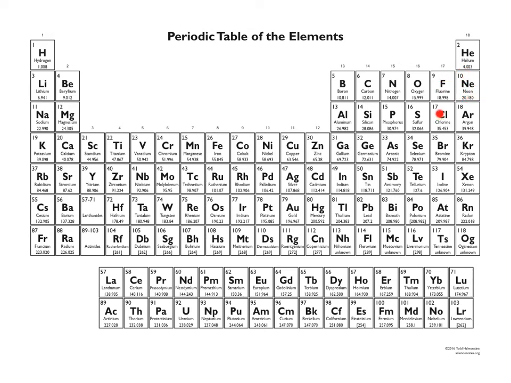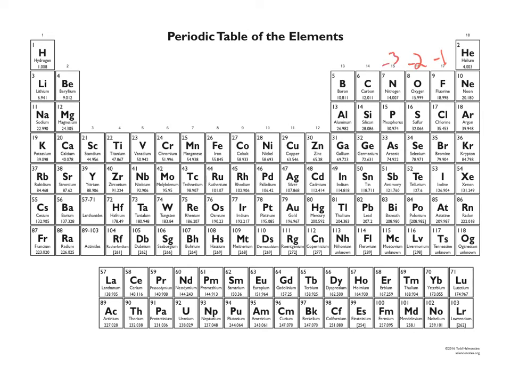Chlorine can do the same thing. If it gains 1 electron, it'll have the same number of electrons as argon. Bromine can gain 1 electron and look like krypton. So the halogens tend to like to form ions with -1 charges. And if we think about oxygen, it's 2 away from neon. So if it adds 2 electrons, it can go from 8 electrons to 10 electrons. And so oxygen and its column like to form -2 charges.